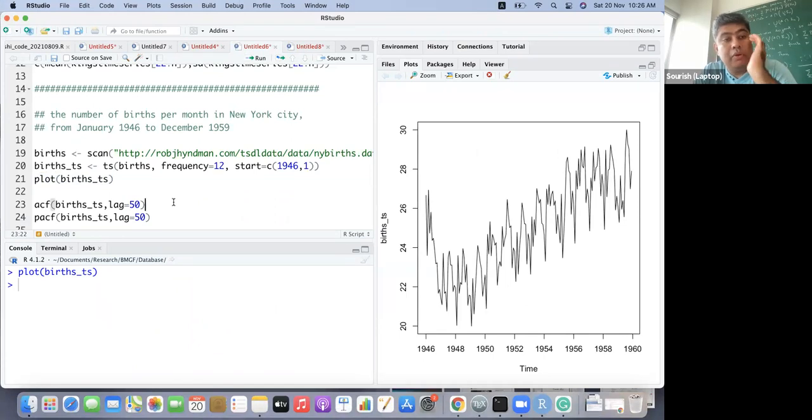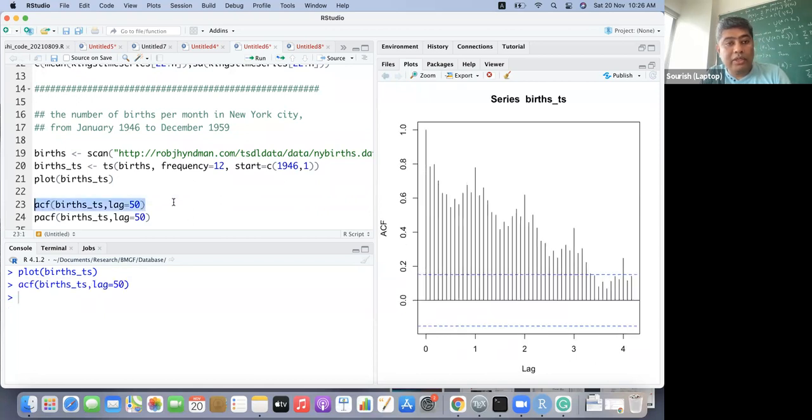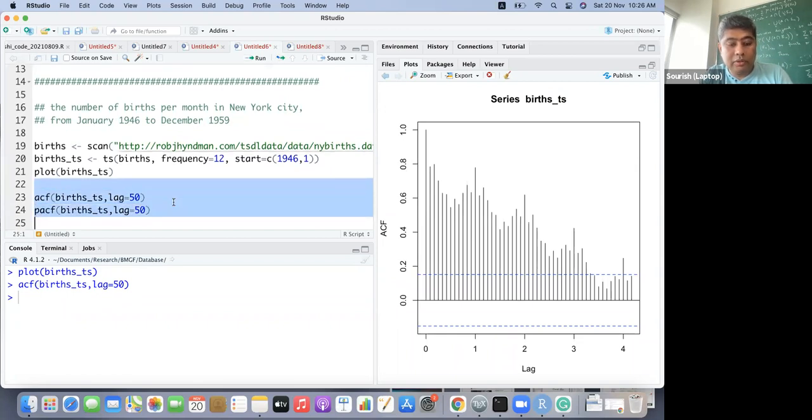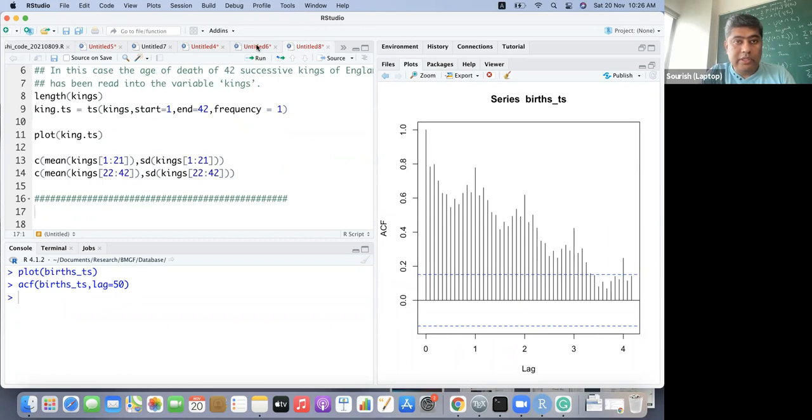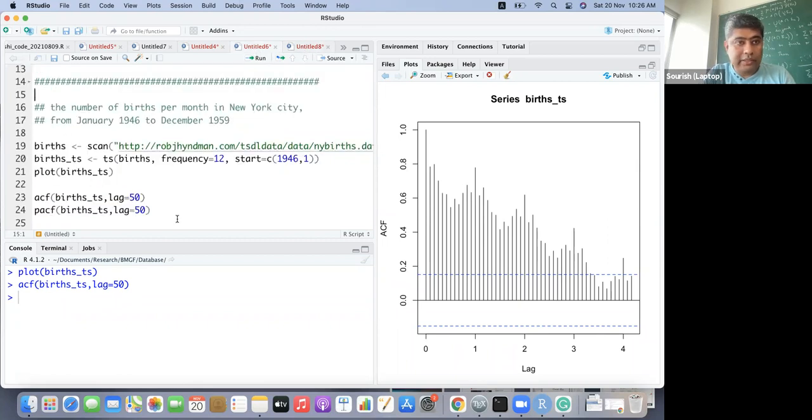Now, whenever you are just staring at data and you feel like there is seasonality, the first thing you can check is maybe the autocorrelation plot, and the partial autocorrelation plot. Let me just take this to the next level.